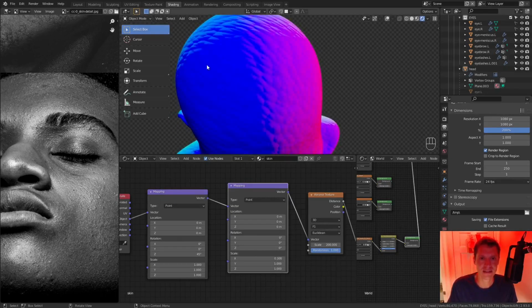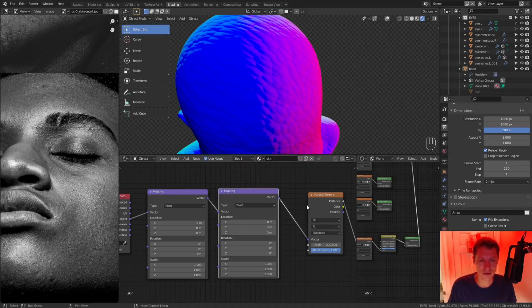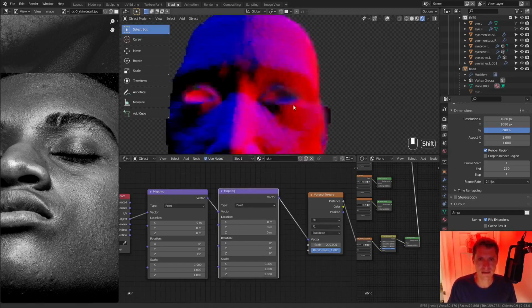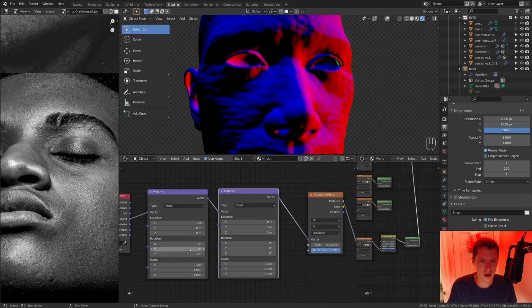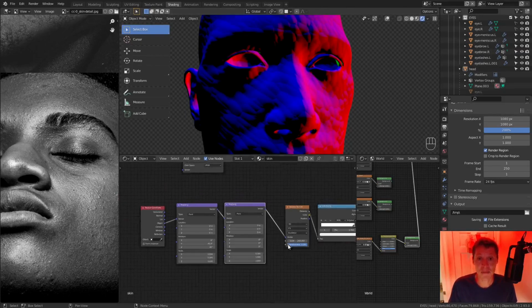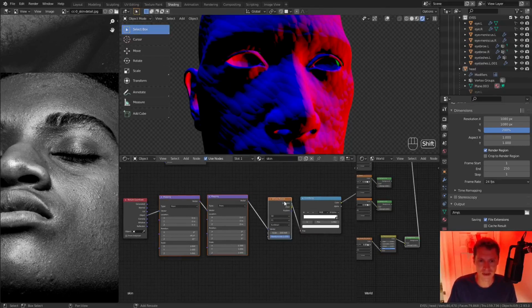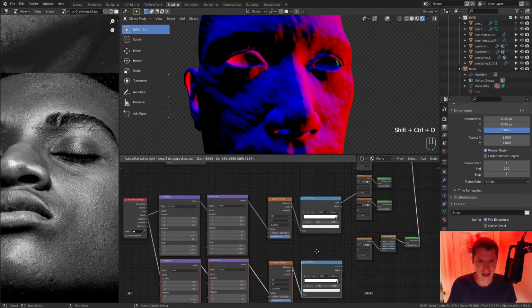Now you can see that it's scaling in the rotated direction, and it won't ever do that with just one mapping node. And then let's see, do I also want to rotate the Y value? I think I do. There we go. You can see it sort of angled from top to bottom across the face. That's what I want. And then I want to mix it with a duplicate of these nodes, rotated the opposite